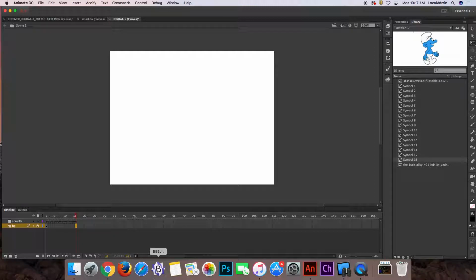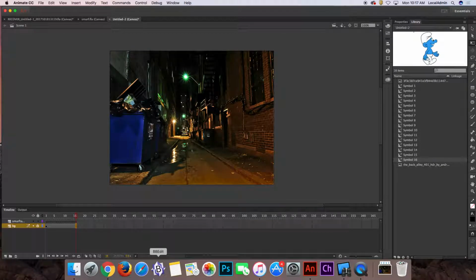What would we press? How about F5? Does that work too? F5 will work. F5 will just insert frames so that basically it's the same exact keyframe. And since we're not changing,